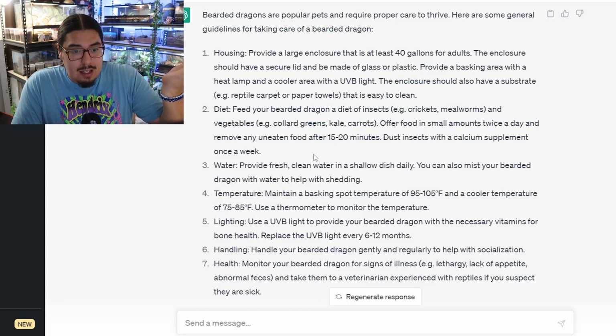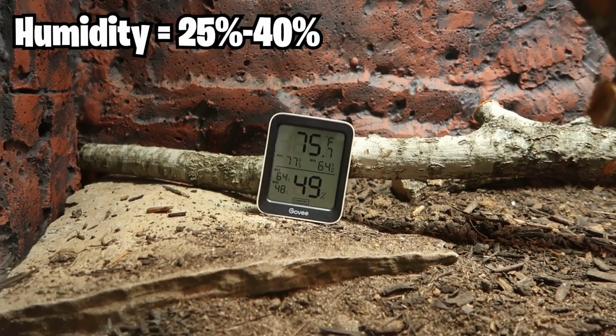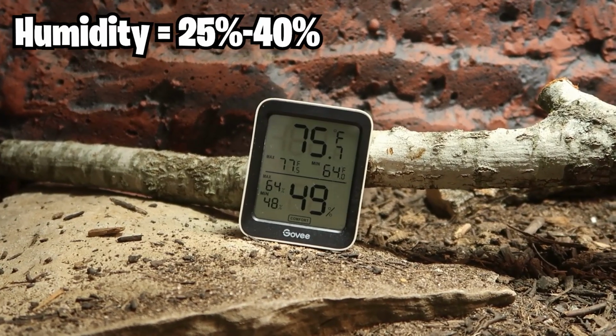Raise the humidity in the tank if you want to help it shed. Then it'll just go back to normal because it is a desert lizard. A lot of people freak out over humidity, but even in the wild, if you go underground in deserts, it's a little humid. So you don't have to worry about too much humidity. Now, constant humidity, I guess you can, but I spray my tanks once a week, once every 2 weeks,